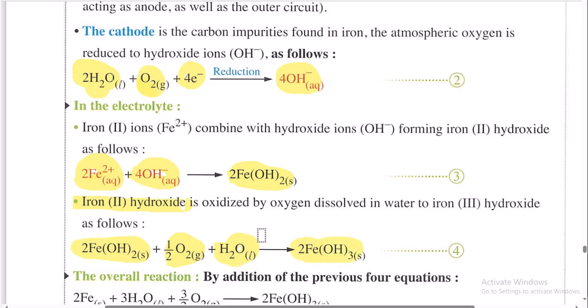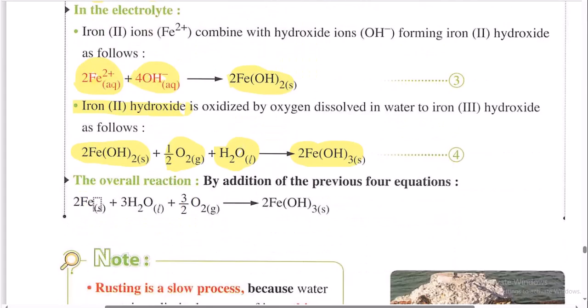Ferric hydroxide is the rusting layer. So the overall reaction in rusting is 2 iron solid, 3 molecules of water in the liquid form, and 3 atoms of oxygen in the gaseous form to form 2 ferric hydroxide,